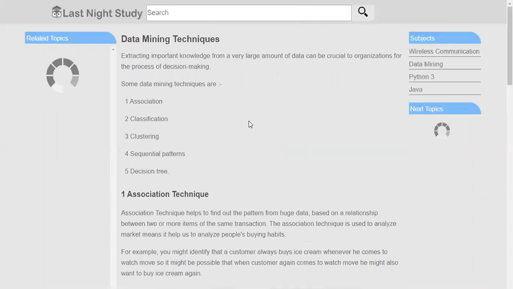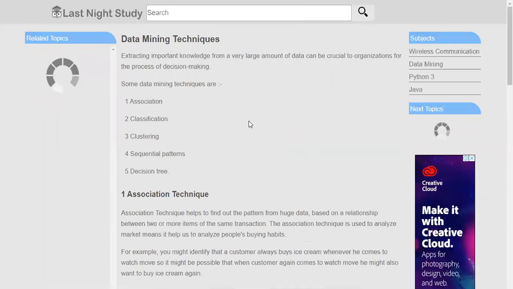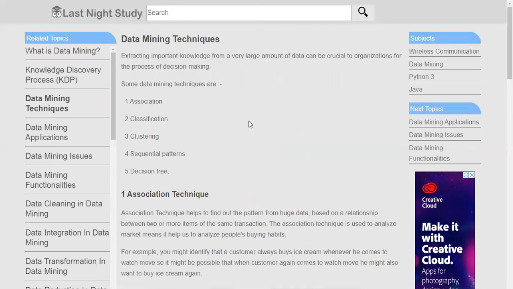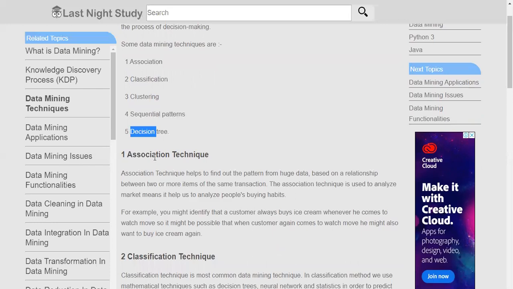Now these data mining techniques, most of them are also used in machine learning techniques. In the end, we will also bifurcate in some way how machine learning techniques are used. But just to summarize, some techniques given here: association, classification, clustering, sequential patterns, decision tree. So going one by one, what is the association technique? As the name itself suggests, association means that we are trying to associate different data items. Associate also means that you are trying to find out some relationships.